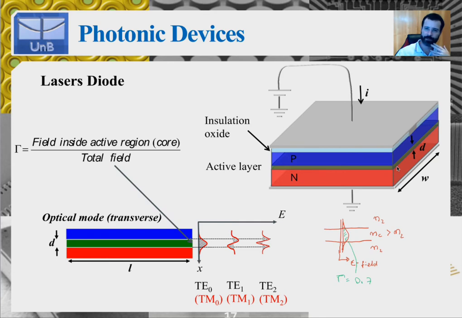So the mirrors on either side of the cavity are actually the facets of the chip itself. But the cavity length is the size of the chip, which is of the order of say 500 micrometers, half a millimeter. It's a pretty large cavity, and this will mean that the FSR is going to be pretty small,